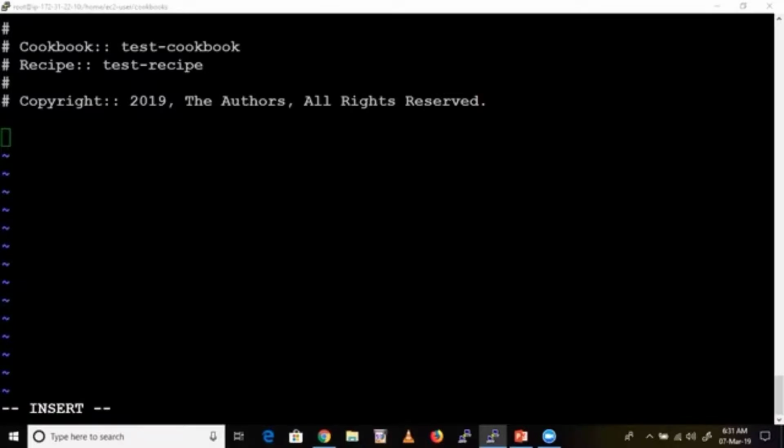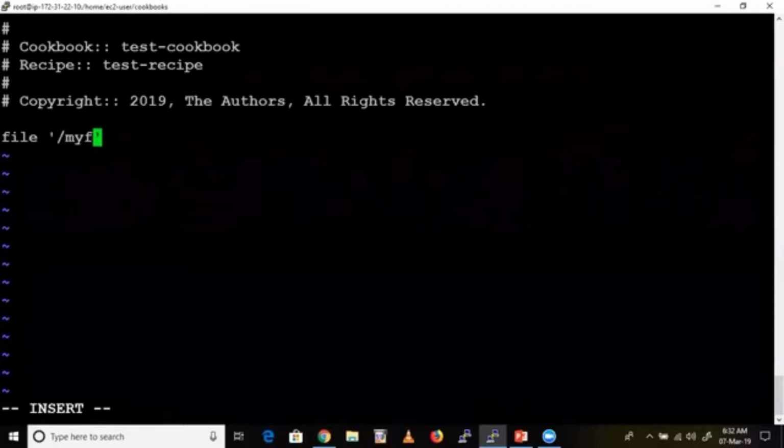So here what I'll do? I'll write some code. I'll write a code to create a file. Okay, how to create a file? I'm going to write code in Ruby language. That is very, very simple. Ruby language is dead easy. Okay. So here, I'll explain, guys. First let me write this one, then I'll explain.